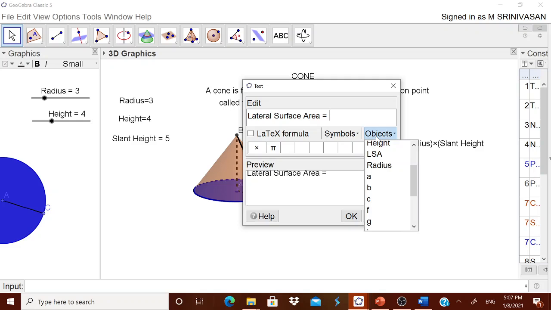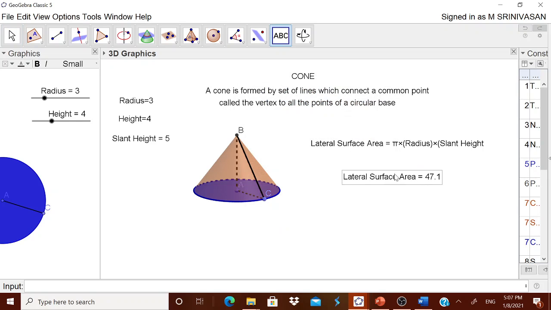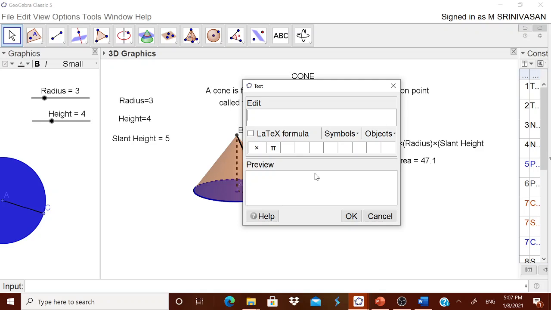I have just calculated it as LSA, therefore that value I have got. Now you can ask the children to check it out. Now we will go for the next, total surface area. You can ask the children what the formula is. Now the formula is pi r square, because there is only one